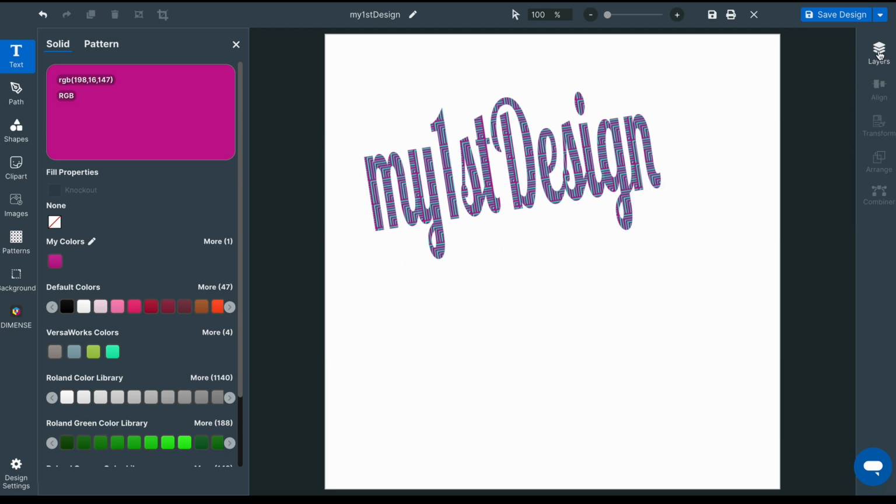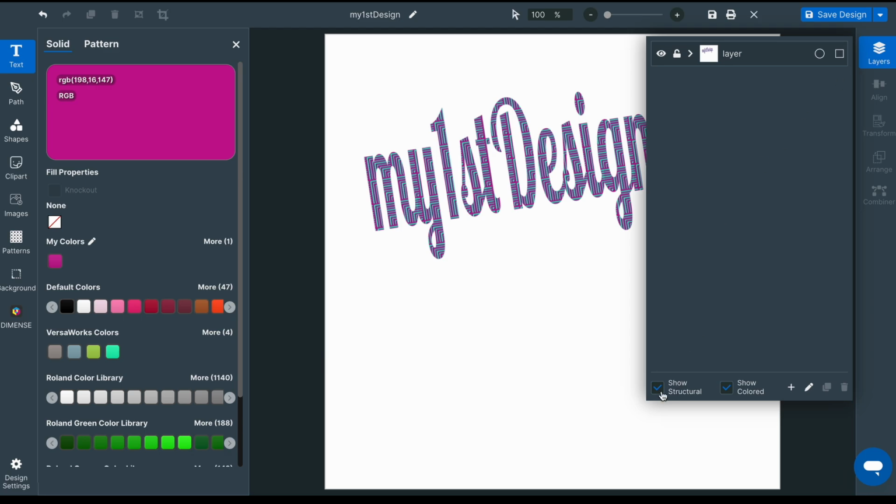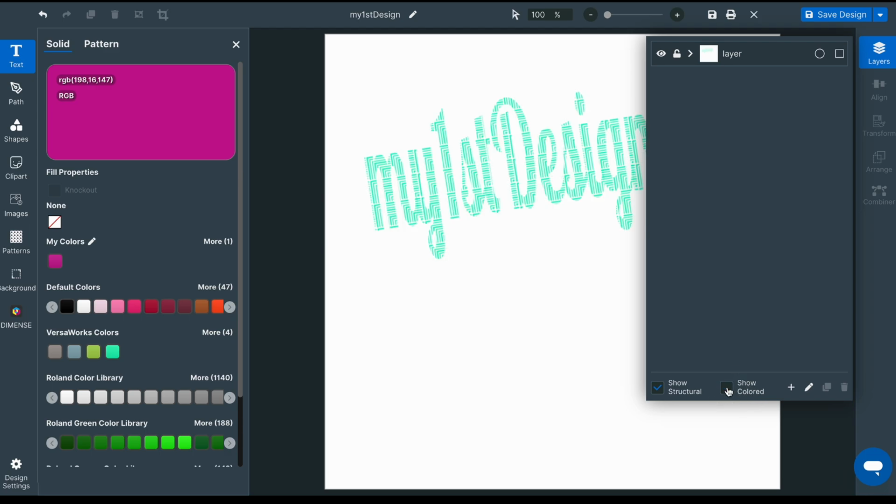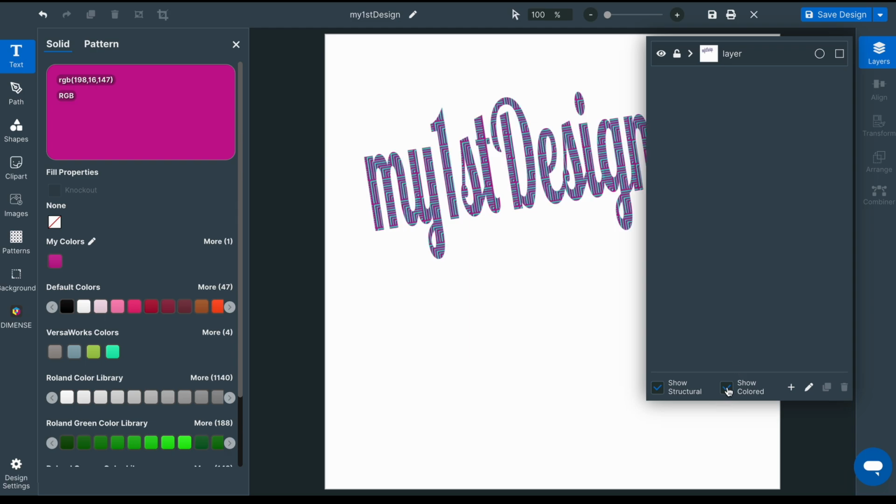I use the Layers tool to verify that the result is what I expect it to be. Deselecting the Show Structural hides the objects with structural inks, and I can see that my colored objects certainly are in place as intended. The Show Colored can be used in the same way, showing and hiding colored objects.